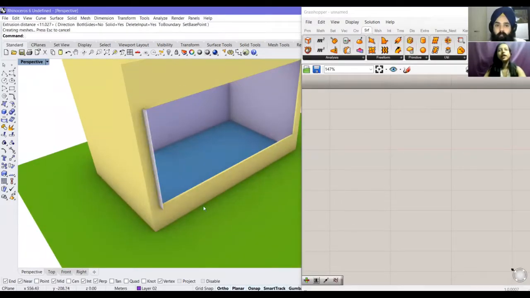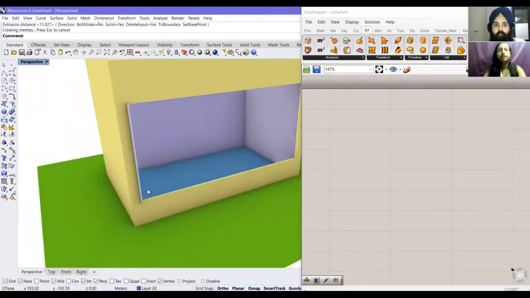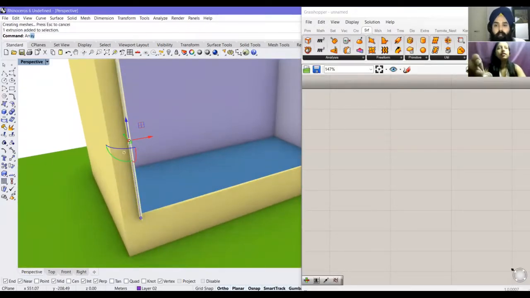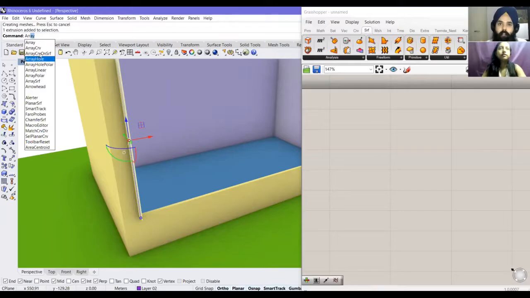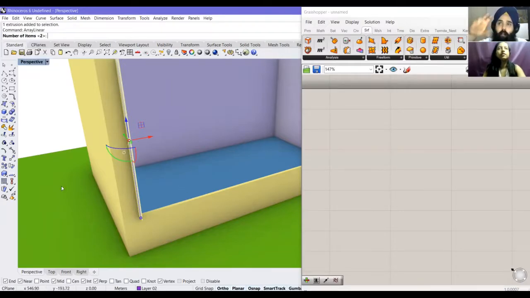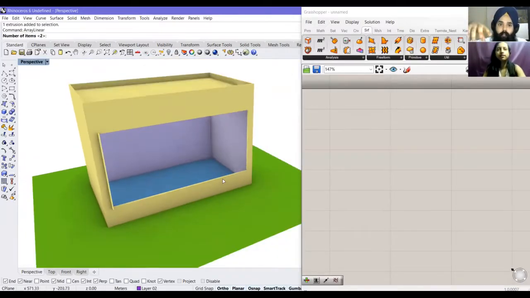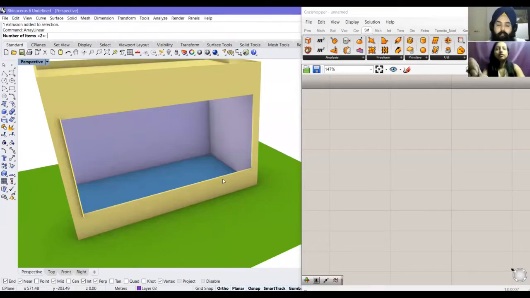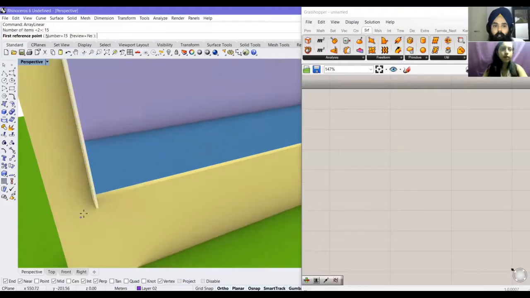Then I'll just array it. Array means making multiple copies of something in a predefined grid or in a predefined format. If I do 15, and I don't know how many would fit, but let's try for 15.